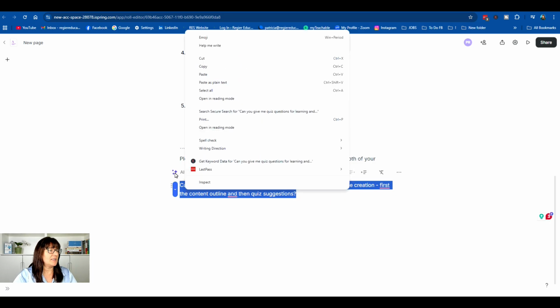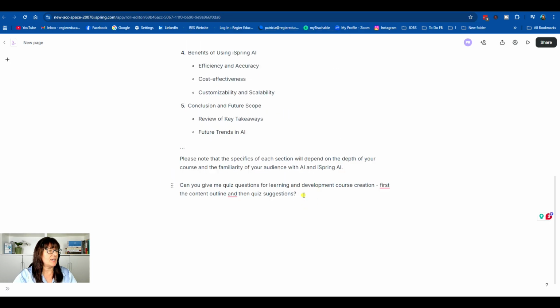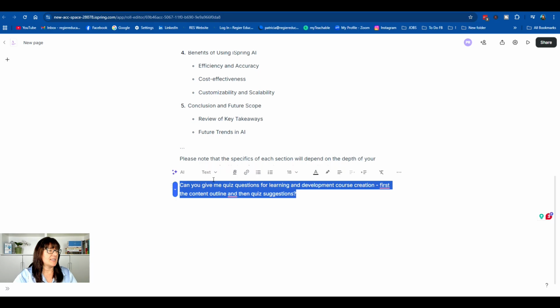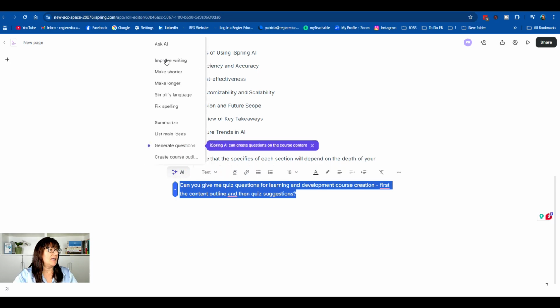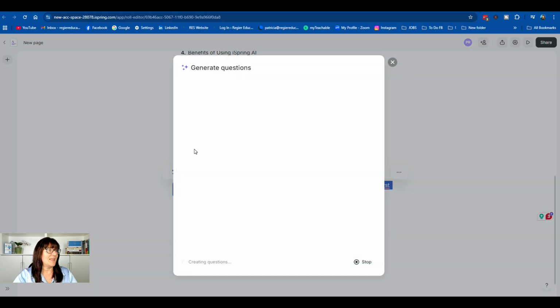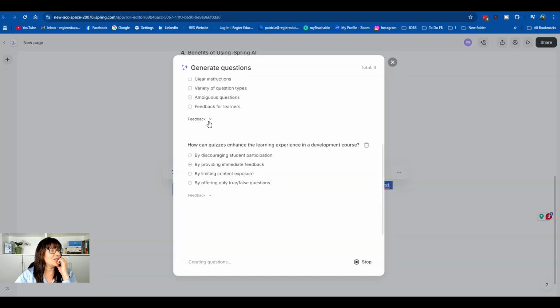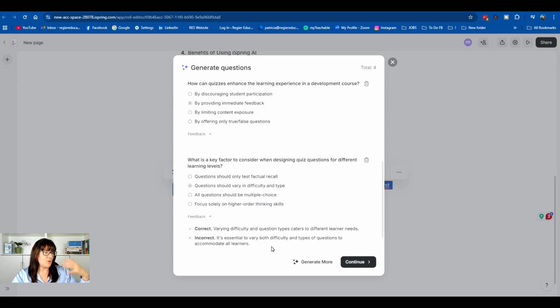As I highlight it, I can do different things with the text itself, but I can also go to AI. I can improve writing, make shorter, longer, simplify language, fix spelling, summarize, list main ideas, generate questions. Let's go there. Giving me a bunch of questions. This is exciting. You can generate more. You can do all these things. I'm going to select continue